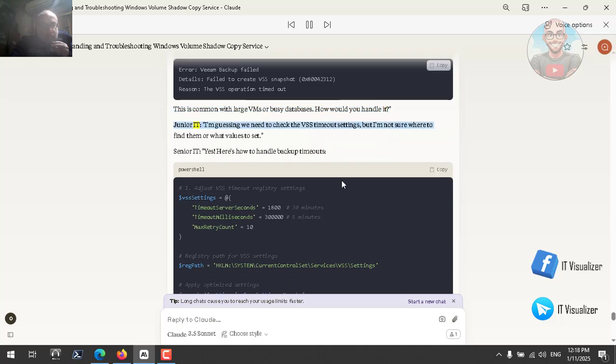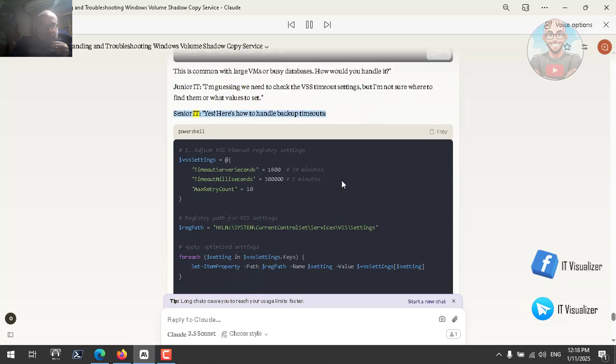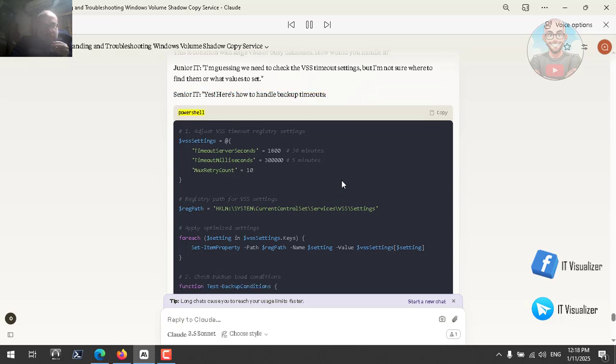Junior IT: I'm guessing we need to check the VSS timeout settings, but I'm not sure where to find them or what values to set. Senior IT: Yes. Here's how to handle backup timeouts. PowerShell, number 1. Adjust VSS timeout registry settings. $VSSSettings = @{ TimeoutServerSeconds = 1800 # 30 minutes, MountMilliseconds